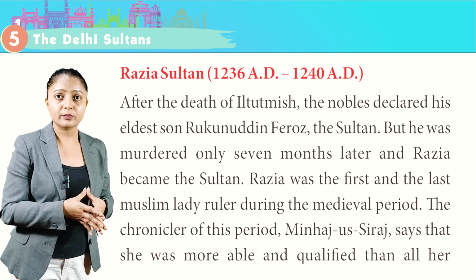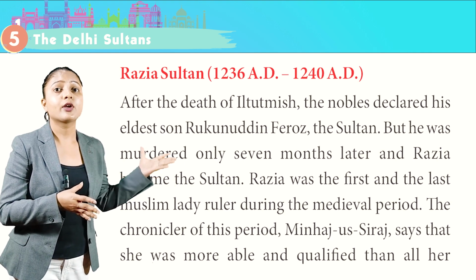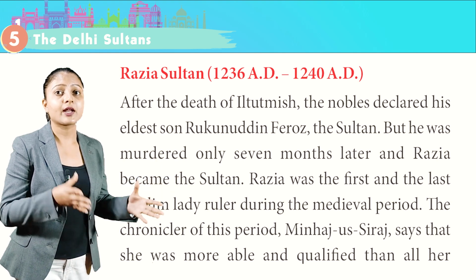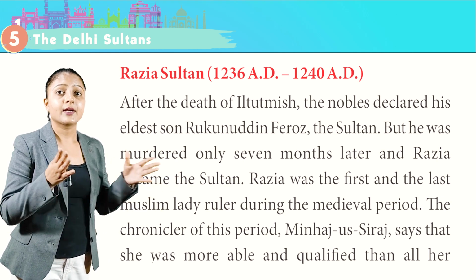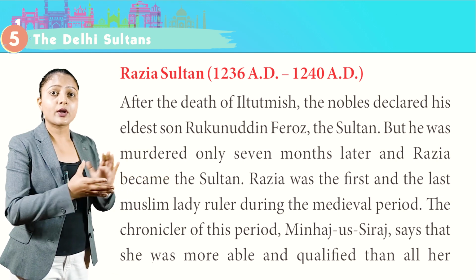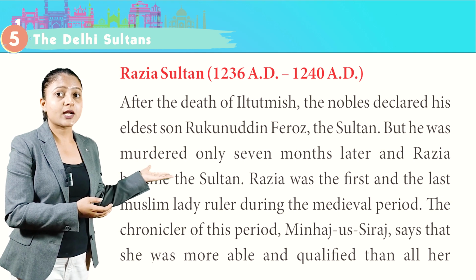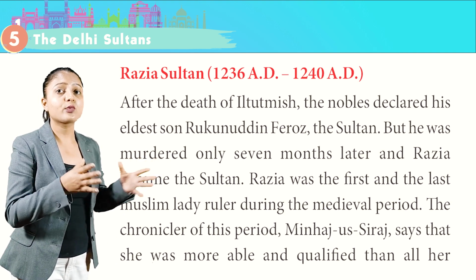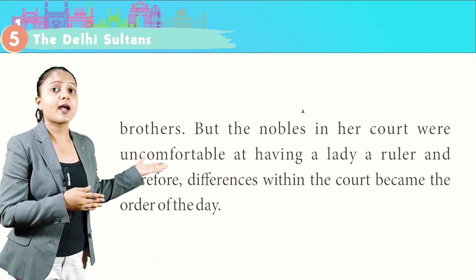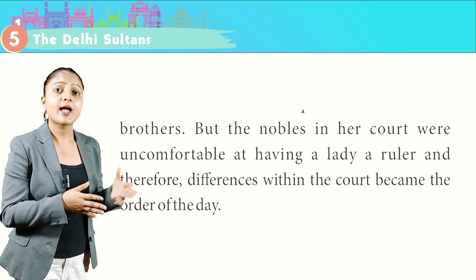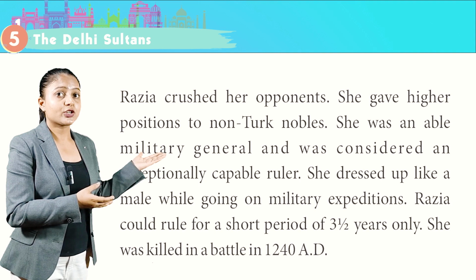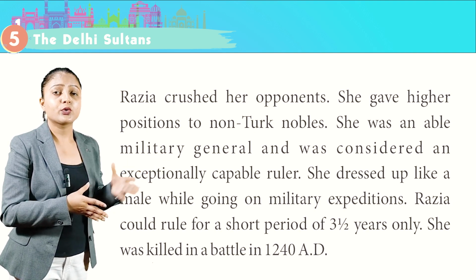After the death of Iltutmish, the nobles declared his eldest son Rukunuddin Feroz the Sultan, but he was murdered only 7 months later, and Razia became the Sultan. Razia was the first and the last Muslim lady ruler during the medieval period. The chronicler of this period, Minhaj us-Siraj, says that she was more able and qualified than all her brothers. But the nobles in her court were uncomfortable at having a lady ruler, and therefore differences within the court became the order of the day. Razia crushed her opponents. She gave higher position to